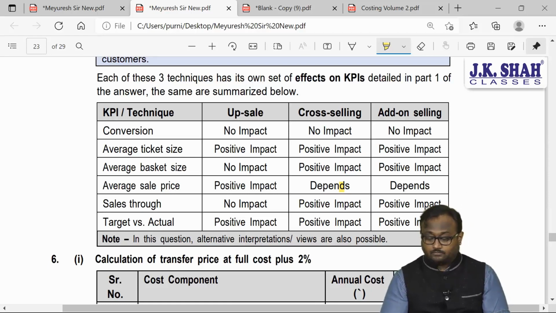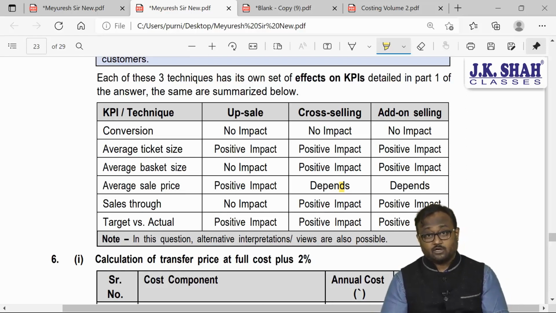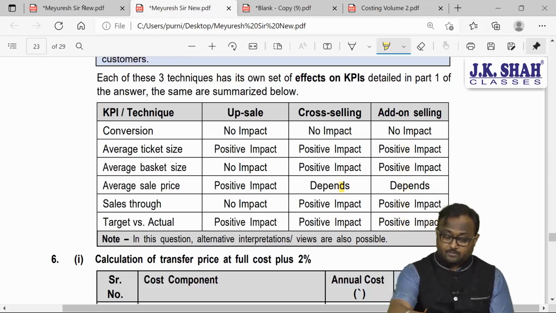सेल्स थ्रू ऑफ कोर्स पॉजिटिव इम्पैक्ट. आप कस्टमर टीवी लेने आया, आपने टीवी चिपका दिया तो कुछ बड़ी बात नहीं है, बट कस्टमर टीवी लेने आया, आपने म्यूजिक सिस्टम चिपका दिया, वॉशिंग मशीन चिपका दिया, तो डेफिनेटली इट इज गोइंग टू क्रिएट अ ह्यूज डिफरेंस. So this is what you are supposed to write, simple, in your